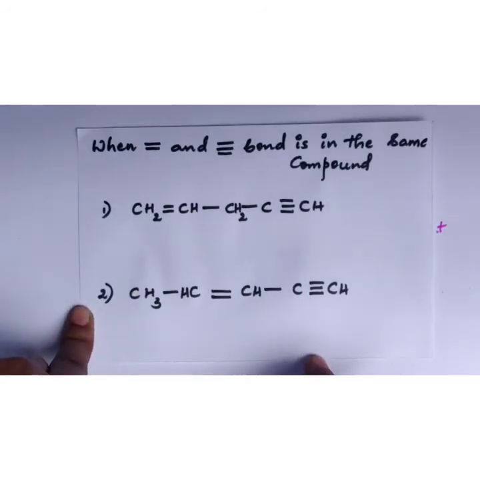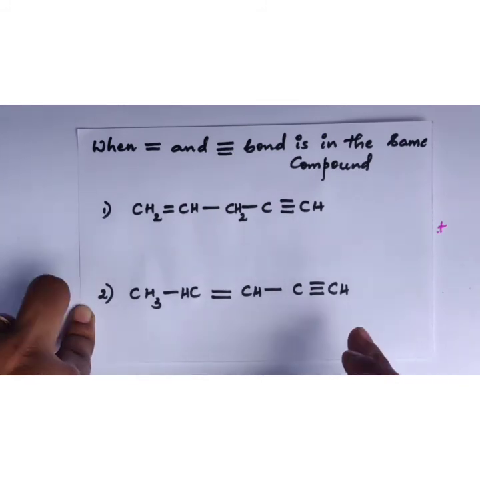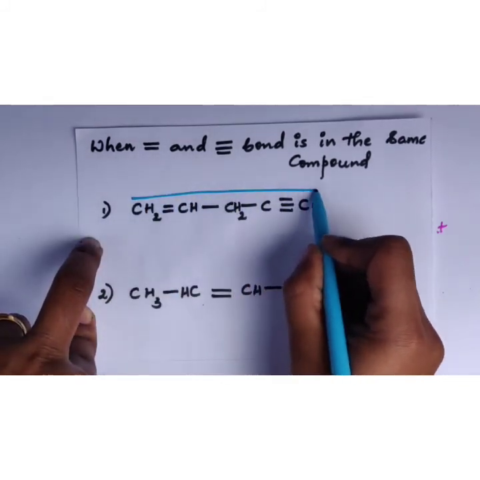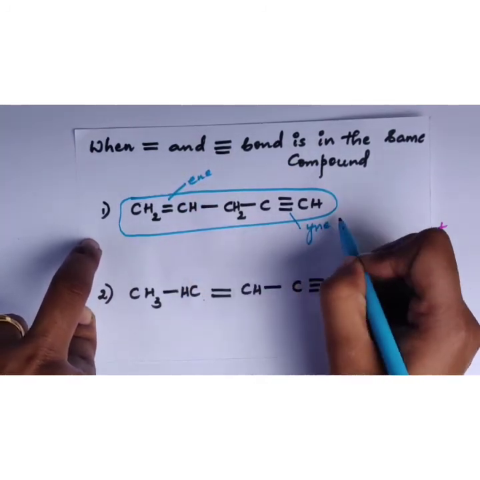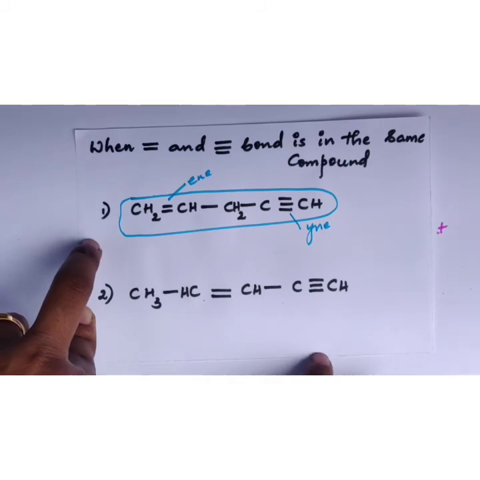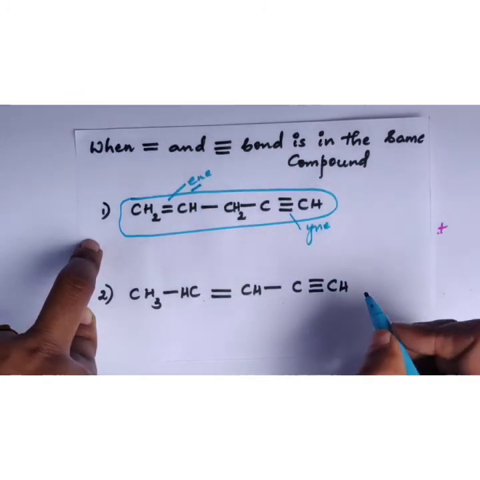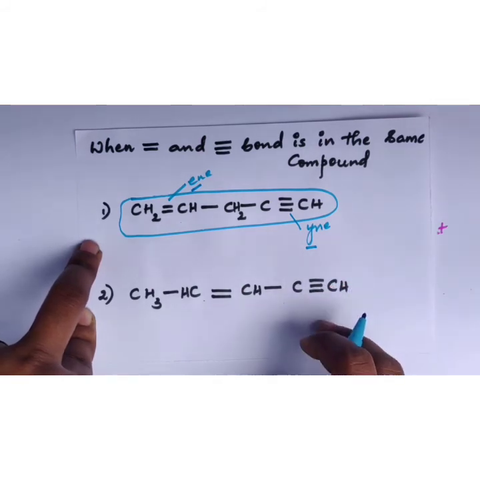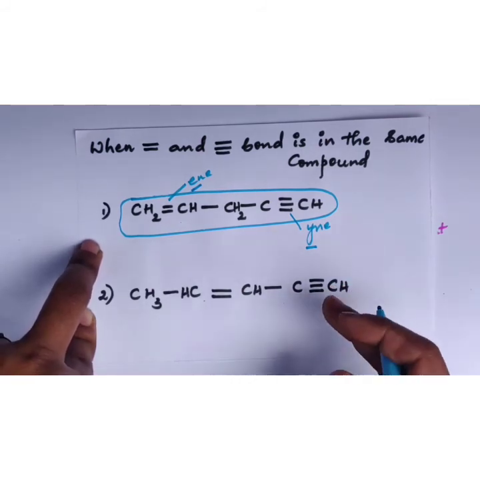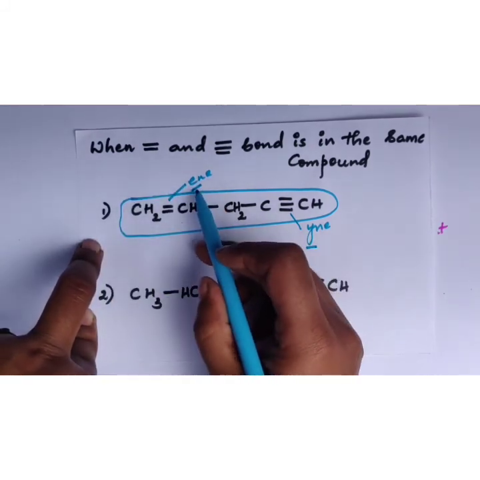In the case when double bond is also there, triple bond is also there in a compound, this is simple, like where chloro-bromo is there or chloro-iodo is there. Two different prefixes are there. So first select the parent chain. This is very simple. This is ene and this is yne. Whatever you have done previously when two different prefixes are there, same thing you are going to do here. So E comes first according to the alphabetical order. Next comes Y. First see whether it is equal or non-equivalent. If the total is equivalent, you are going to go according to the alphabetical order naming.